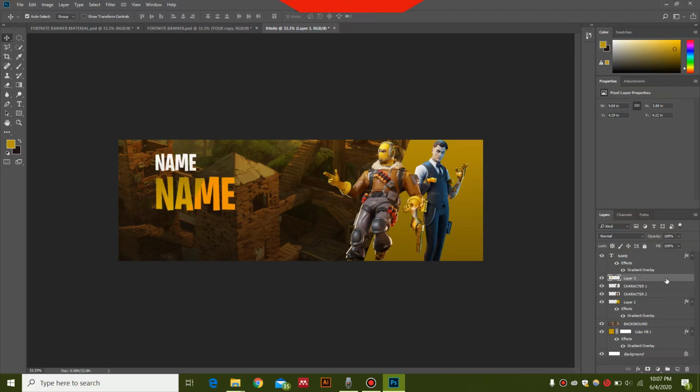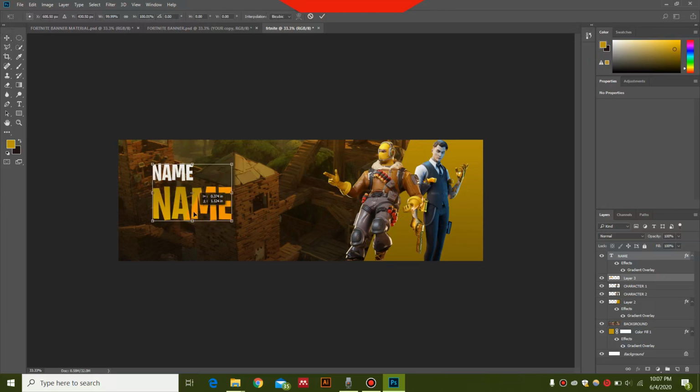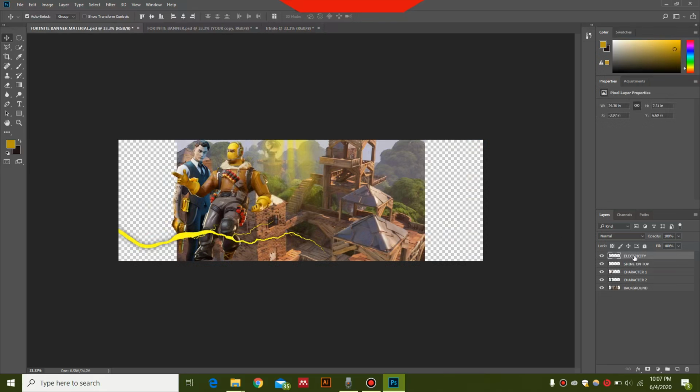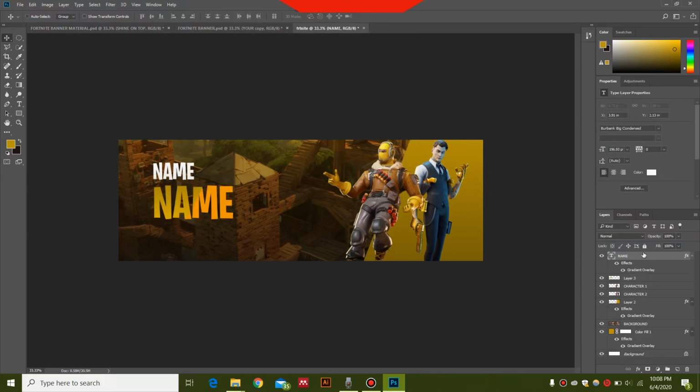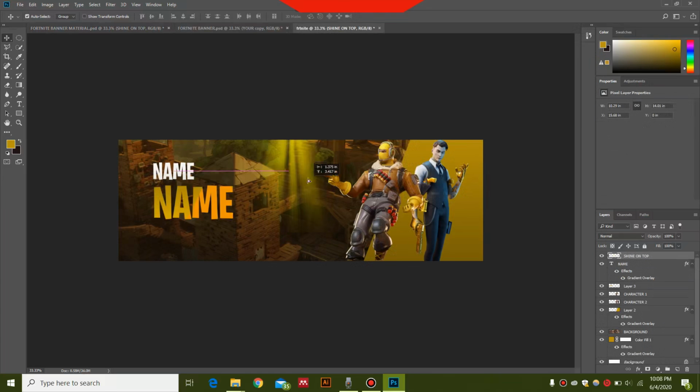So now just go ahead and by pressing down Shift, select both of these layers, press Ctrl T, and you can just move this within the center or just a little bit above the center, because we are also going to place our electricity. Pressing V. Now just go to the materials tab, and first of all bring this shine. Press Ctrl C and press Ctrl V over here. You will bring the shine over here, and you can just resize this shine by pressing Ctrl T, holding down Shift,